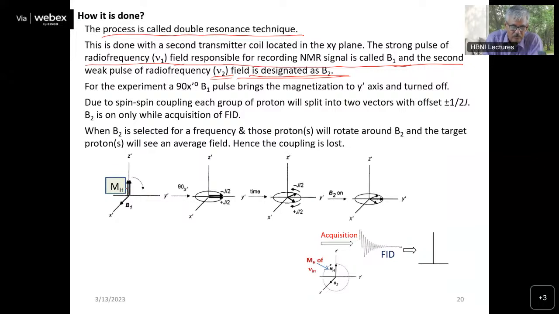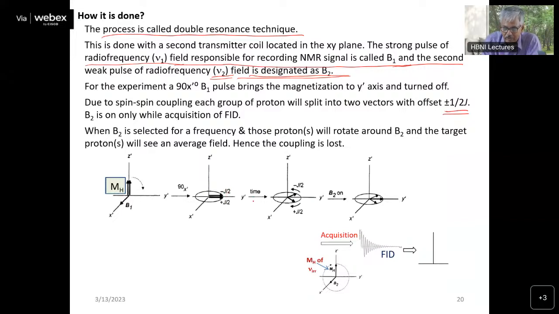So initially let us consider the protons. The magnetization is here, which is coupled to those two protons, or a proton. So there will be two. One will be moving slightly slower, another will be moving slightly faster by this rate, plus minus half J. J is the coupling constant. Okay. Now you have given a 90-degree pulse. You brought it into the